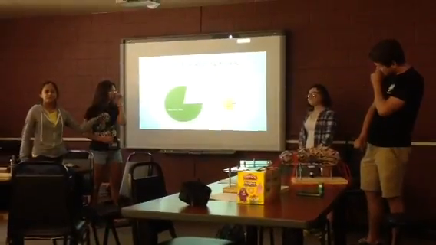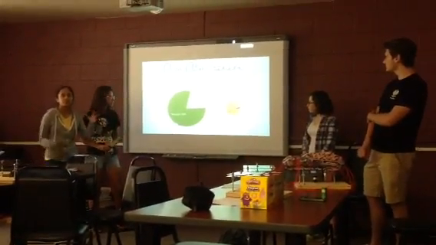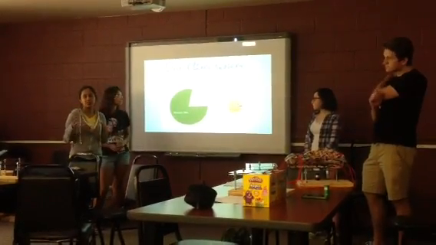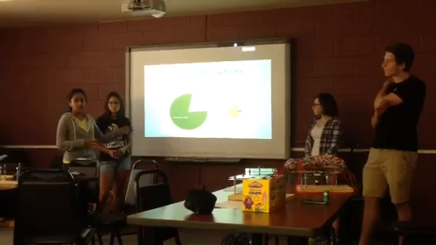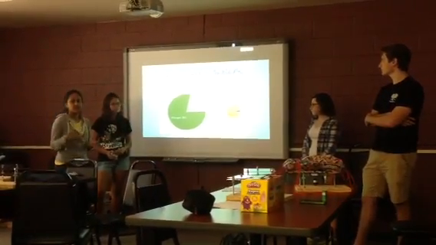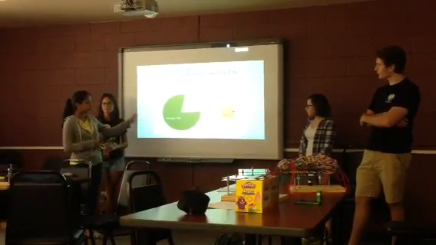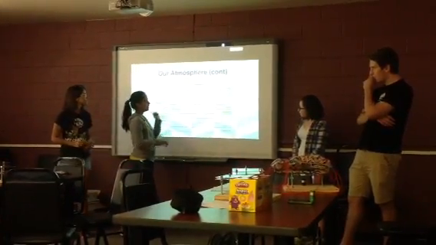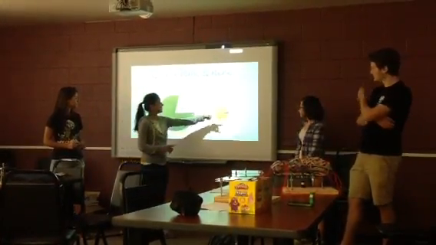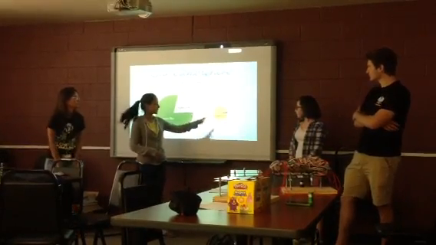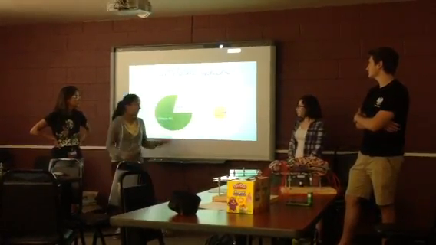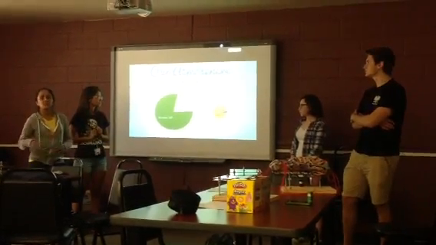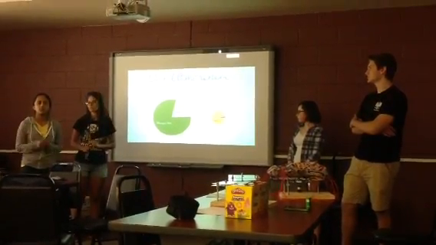So this is our atmosphere. This is the breakdown of the gases that are currently present. Most people don't know this, but nitrogen is actually the gas that is present in the greatest quantity. 78% of our atmosphere is nitrogen gas, which is N2. The next highest is oxygen, which is 21%. And then this tiny fraction right here is all of these gases. So we have argon, which is 1%, carbon dioxide, which is 0 to 3%, and the other gases are 0 to 0.02%. They're known as trace gases because they're in very, very small quantities.